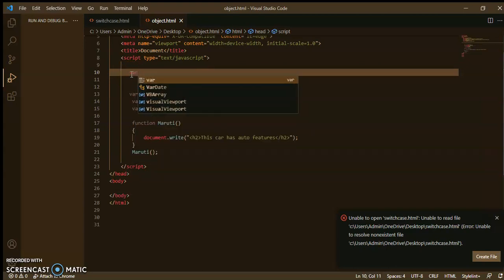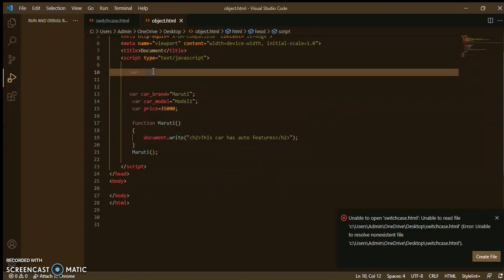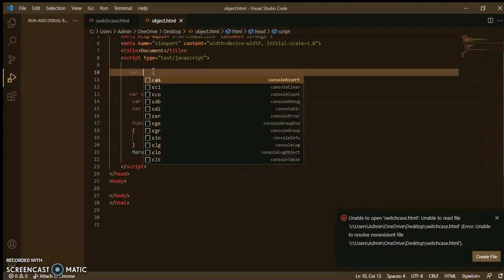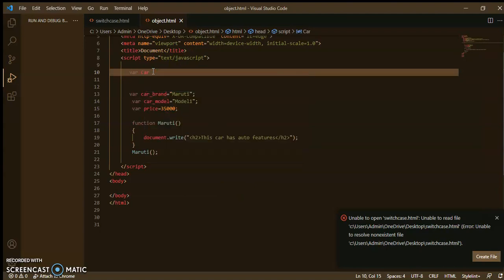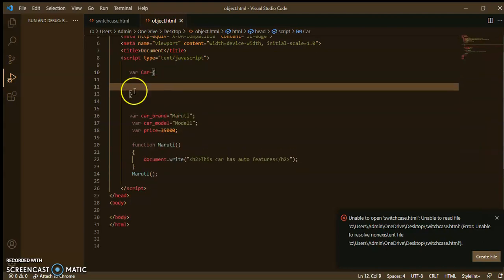a variable. In place of data type you will write the var keyword and the name of the object. Suppose it is var car, and inside of this var car equal to like this.